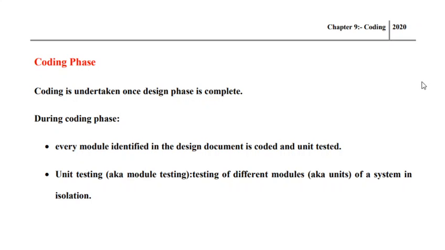So in today's class, we're going to learn about the coding phase. Coding is an explicit phase in the software lifecycle that aims at translating the design into a set of executable code, adhering to certain coding guidelines and coding standards. To define the coding phase in very simple terms, it's a phase that is capable of translating the